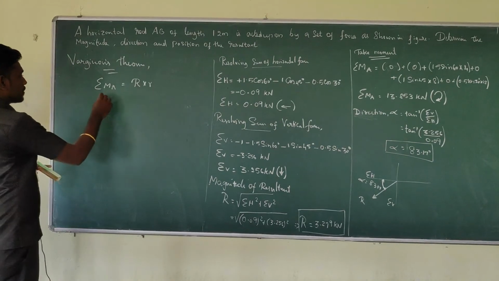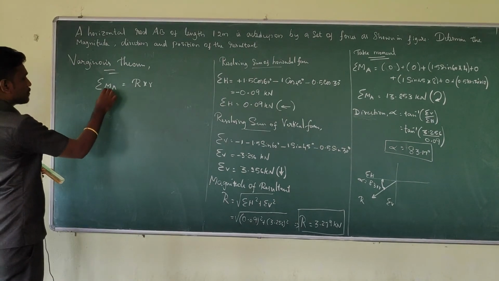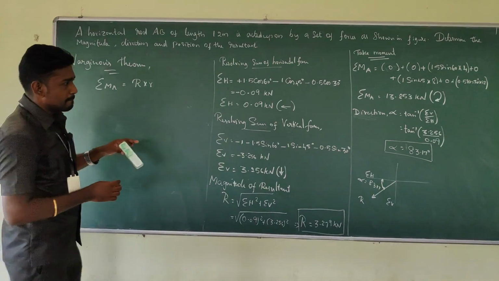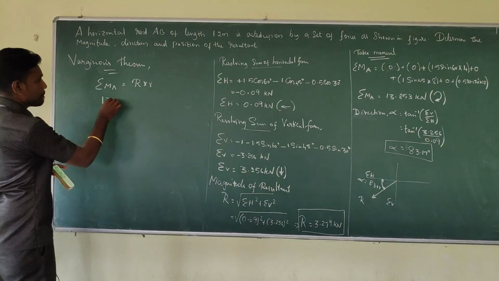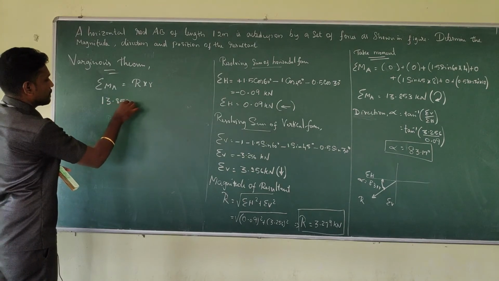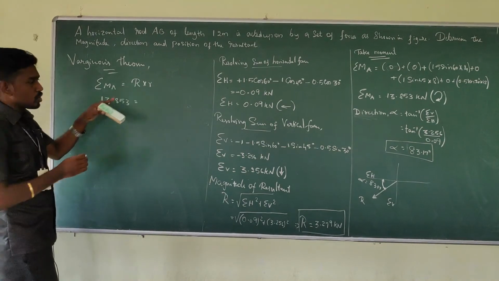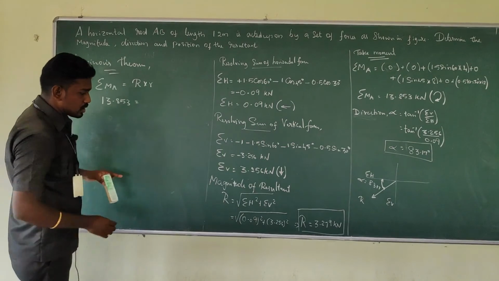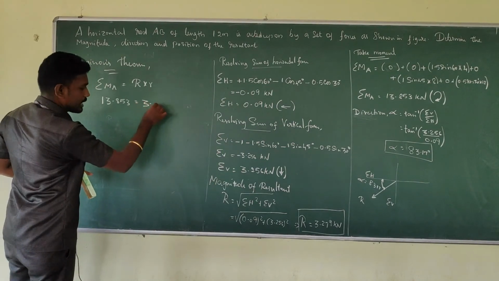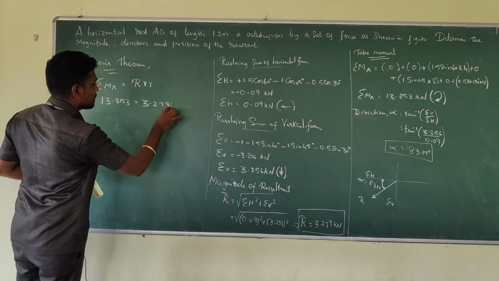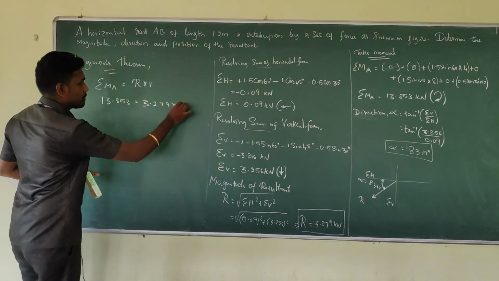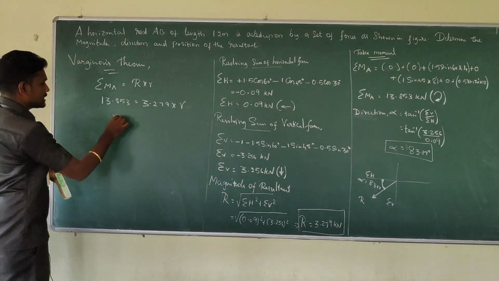Sum of moment about A, I got the value 13.853, which is equal to the resultant we already got, 3.279 kilonewton, into r, so that I will get